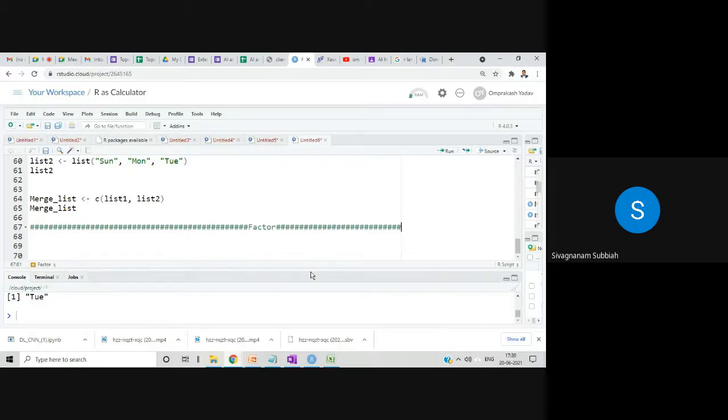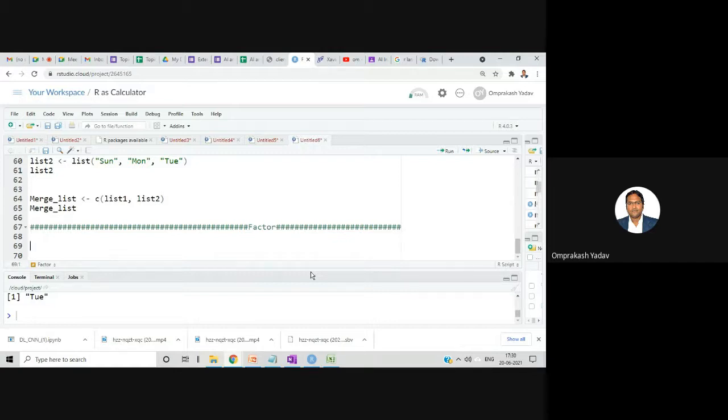The first list will come and then the second list. In list 1, the numbers 1, 2, 3 are there, so that will come first, and then the second list elements. It just comes successively. If you want, you can always perform sorting functions and all those things.